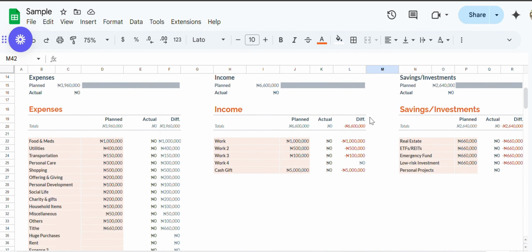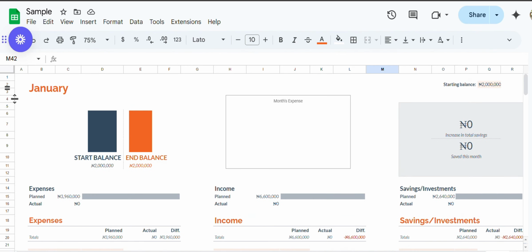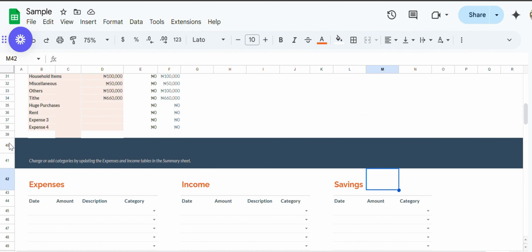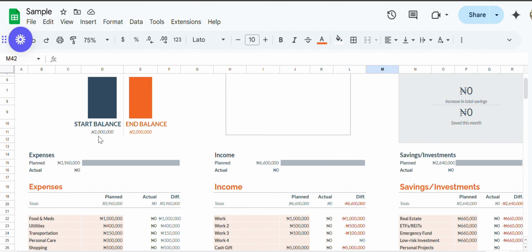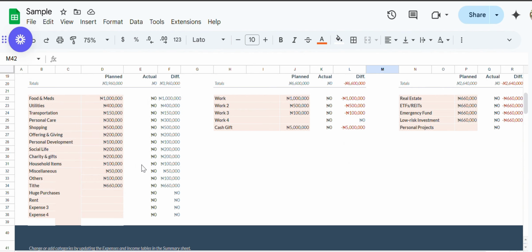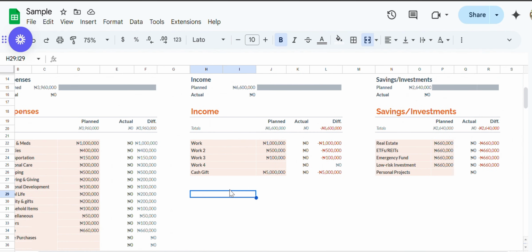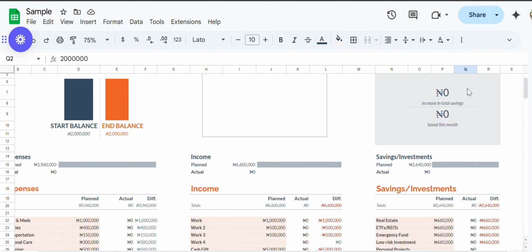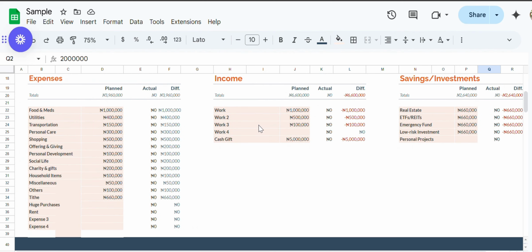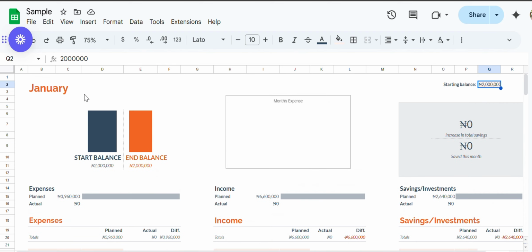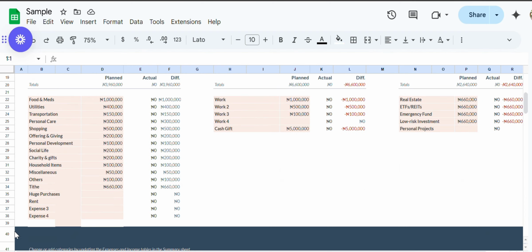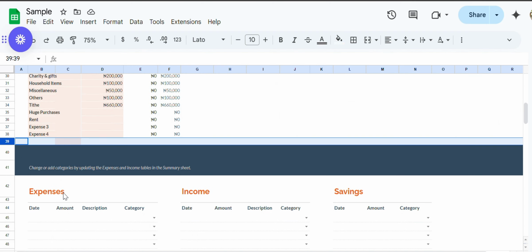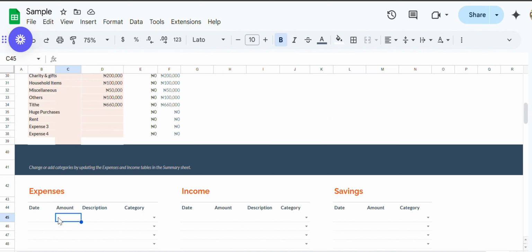Now, like the other sheet, from column 1 to column 39, you don't do anything on this sheet. From column 1 to 39, it doesn't concern you. You don't touch anything here, except for the starting balance. Don't touch it. So you come here now and say, okay, it's March 1 or March 2, whatever day,